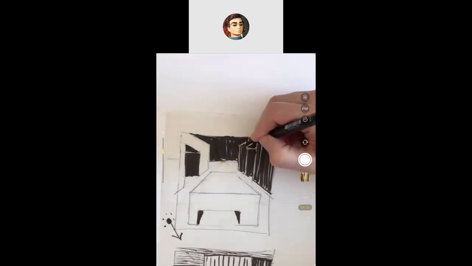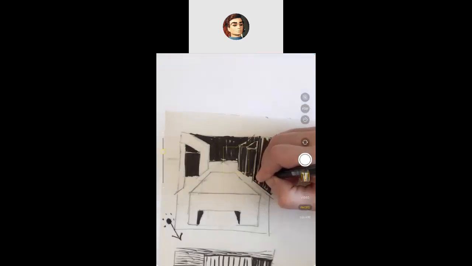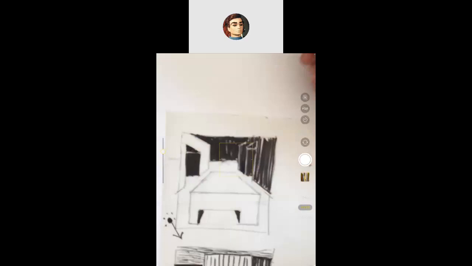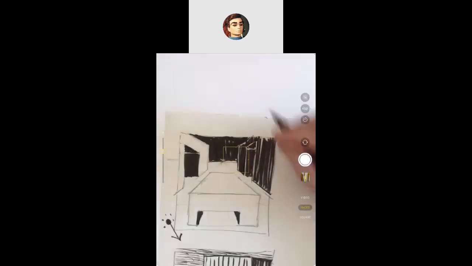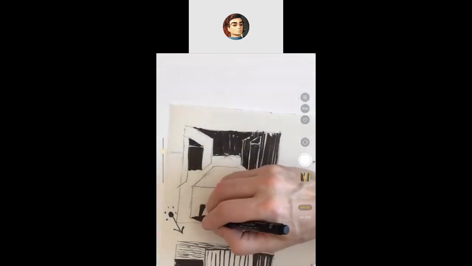I think if I leave a little white outline where the contour line was, that might actually work to help define that. Here,